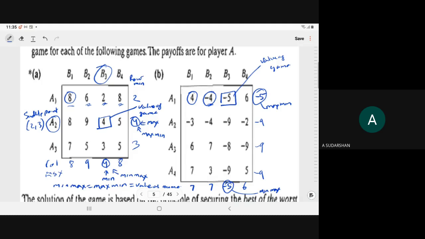Right? And the saddle point is what? The saddle point is 1 comma 3. What does this imply? This implies that if player A is using any strategy other than strategy 1, then definitely he will lose. Presently he is losing by 5 points, but he will lose by more than 5 points. And if player B is using a strategy other than strategy 3,